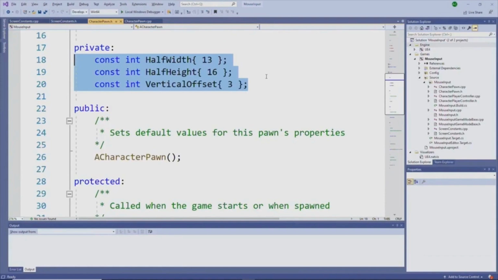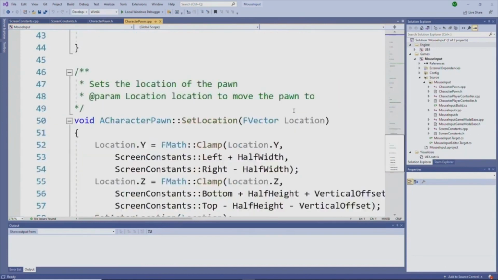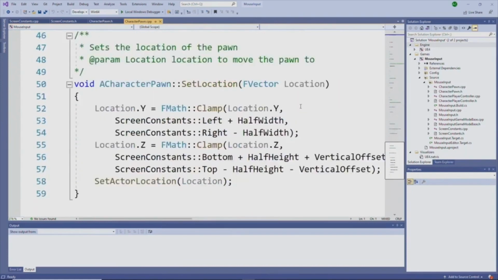So let's move to the implementation file for the CharacterPawn, and all our work will be in the setLocation function. Recall last time, all this function had was this one line of code. And I want to add some more lines of code to actually keep the character in the screen. I will say, because I'm using these constants from the screen constants namespace,